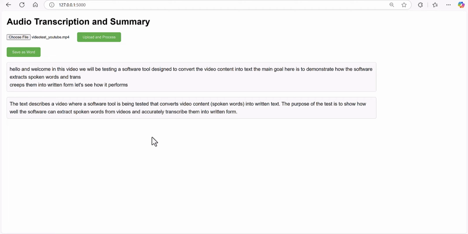So if you have, for example, 1 billion or 8 billion, definitely 8 billion is much better than 1 billion. So I selected a little bit higher model for this purpose of English to text.